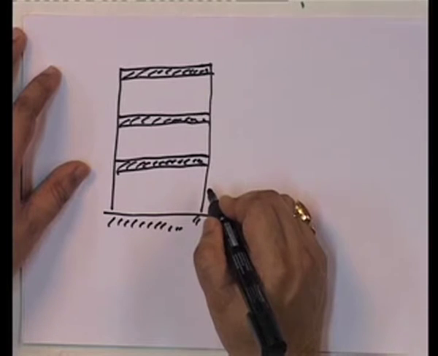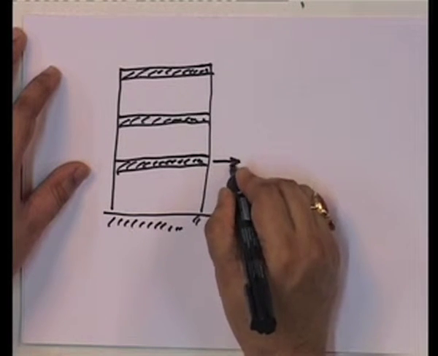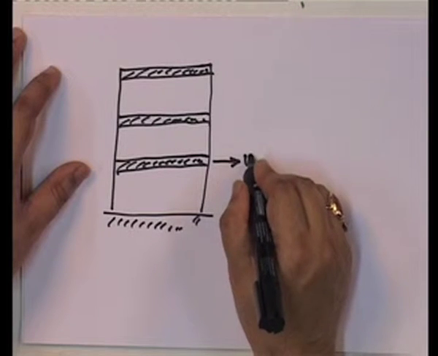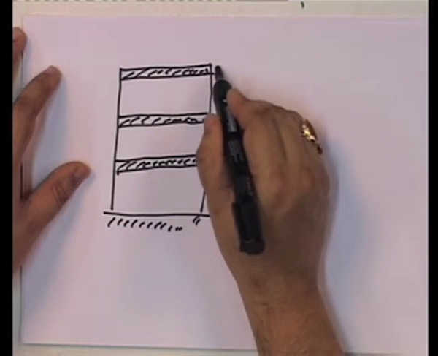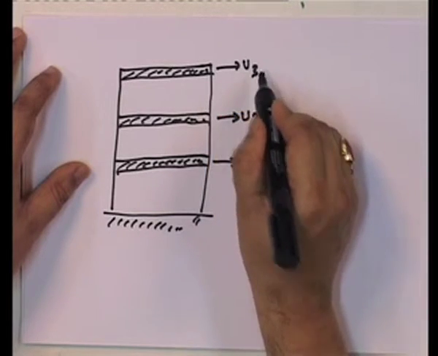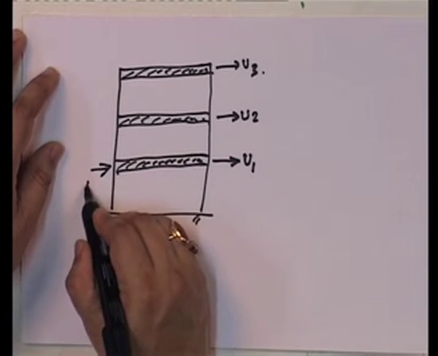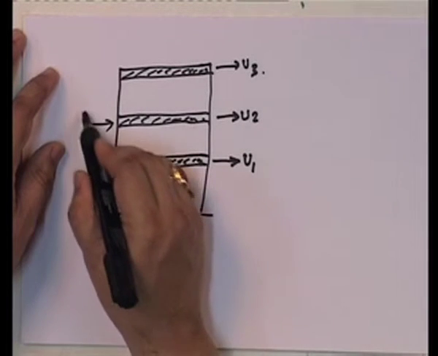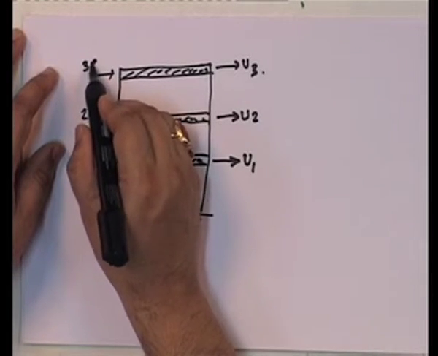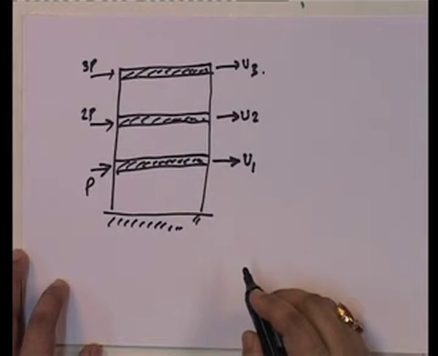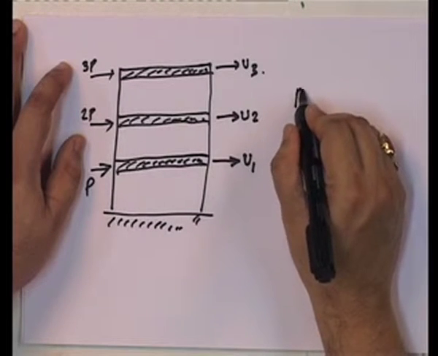So, what we have here is V1, V2, and V3, and the loads are given in this form: P, 2P, 3P, where